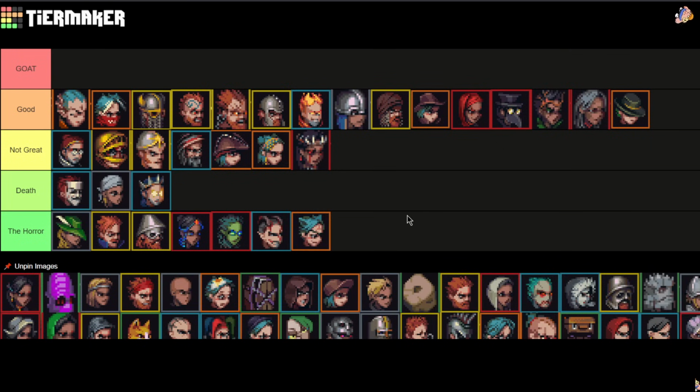Gambler is a horror. If you have a top and bot side replacer, you can play this character. Like if you have Worn Arms or Longbow, this character is not bad then, but otherwise you are avoiding this